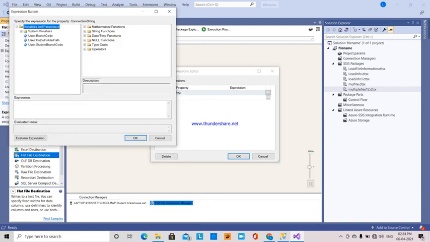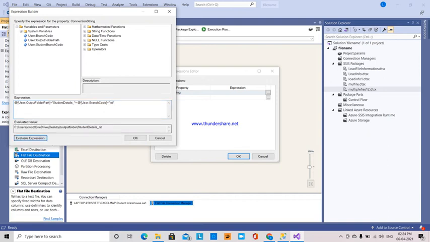Here first the output folder path, and then plus student details underscore plus branch code plus the text file, the extension will be .txt.